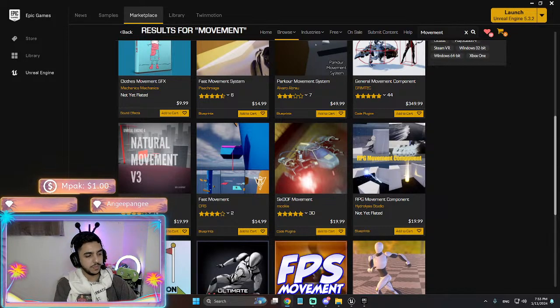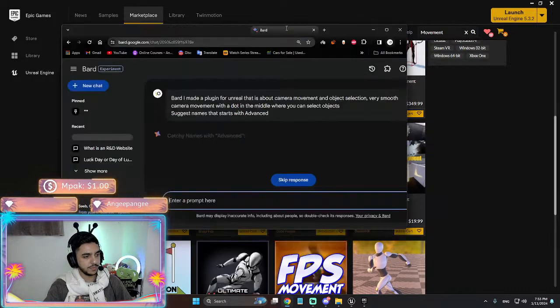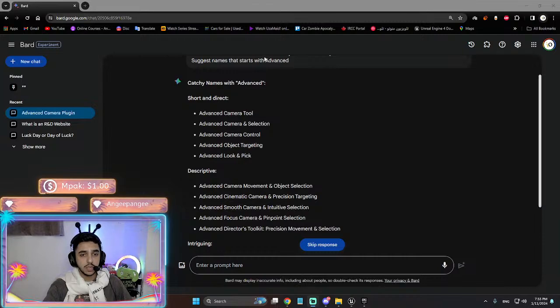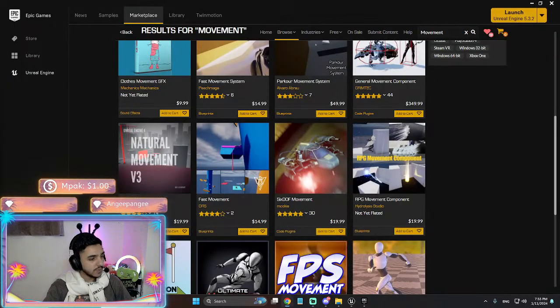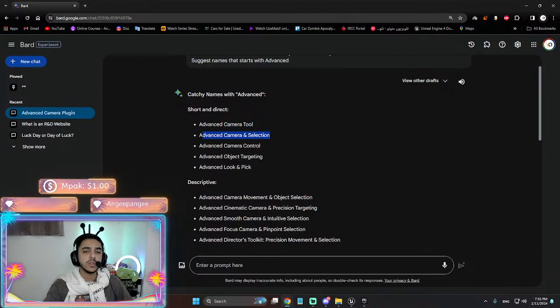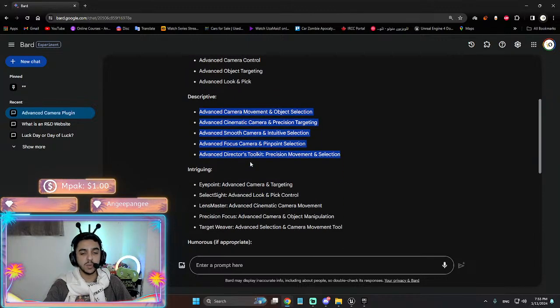Okay, let's get some help from Google Bard, shall we? Advanced camera. This is good. Advanced look and peek. Advanced camera movement and objects. These are long names. I don't want long names.